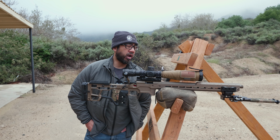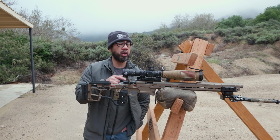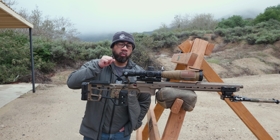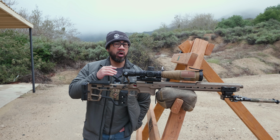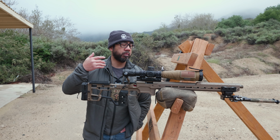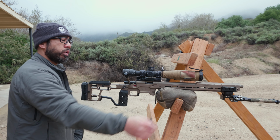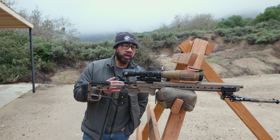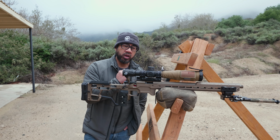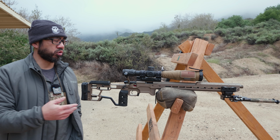I have my Voodoo Gen 1.2 with a 20-inch Bartlein barrel MTU contour. When I had it in my MPA BA comp, it never balanced very well or to my liking. I wanted to balance at the front of the magwell, but I could never get enough weight on the front so that it could balance well. And the reason being is you have like a 15-inch or shorter forend on the